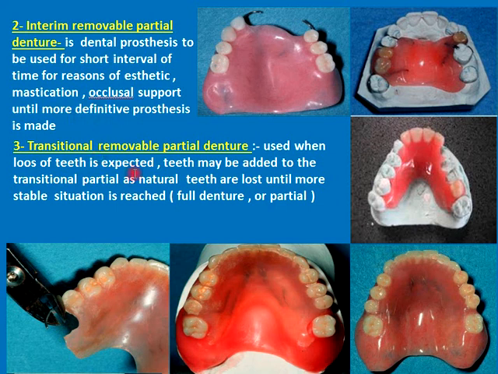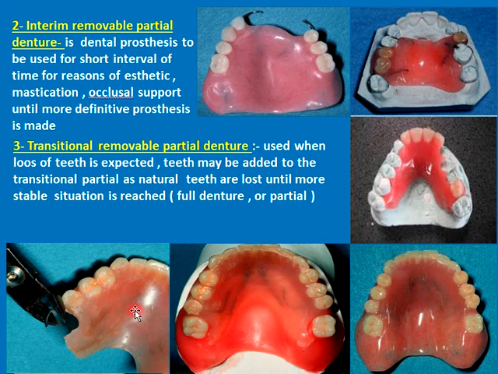The other type of the acrylic partial denture is the transitional removable partial denture. This partial denture is used when loss of teeth is expected, meaning we expect that teeth will be lost. For example, here we made a partial denture replacing the 4 anterior teeth. These teeth might be involved in periodontal disease. We expected that they might be lost in the future, so we can add the lost teeth to this existing